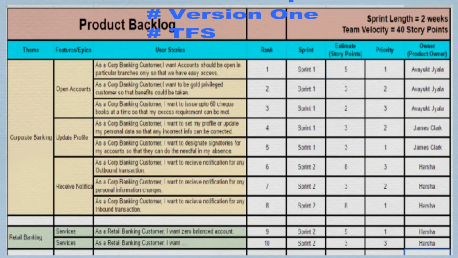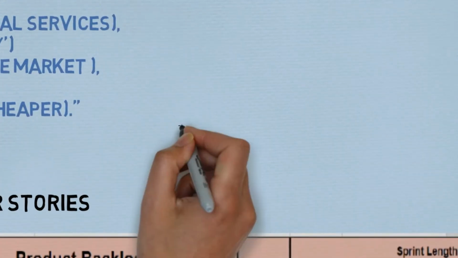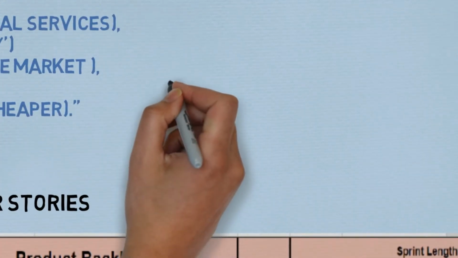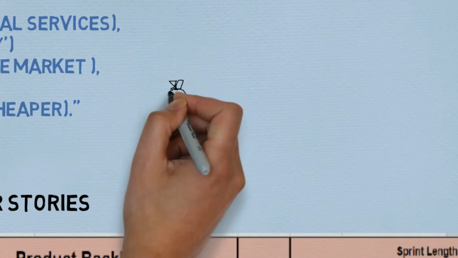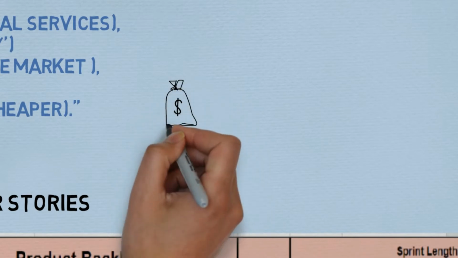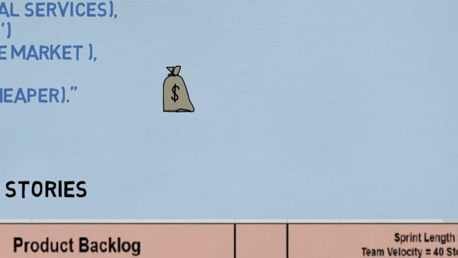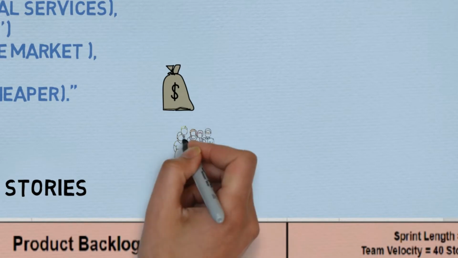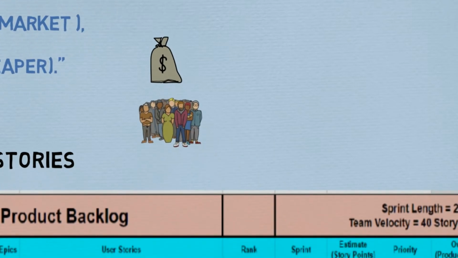Also, we define owners. Generally, the product owner is the owner of that user story. And remember that by this time, your project will be fully funded as you have already started working on the vision. That means your budget approvals are in place, resource approvals are in place, and all the project constraints are fine.